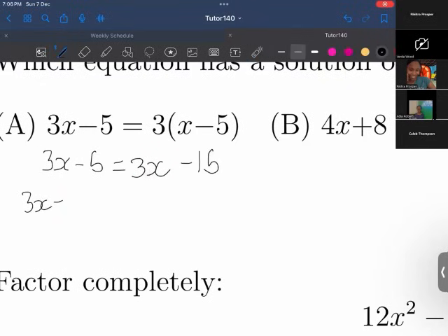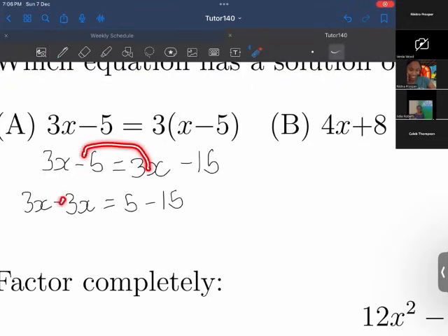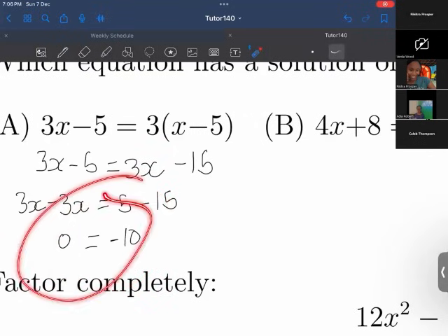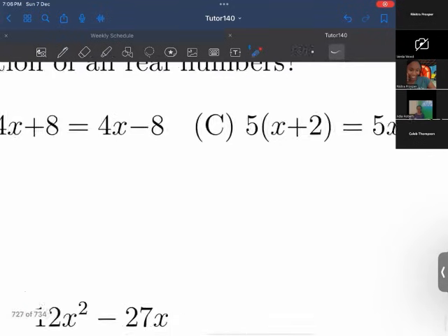That'd be 3x minus 3x is equal to, we want to send the 5 over. So when we send the 5 over, it'll be positive. So that'd be positive 5 minus 15. We sent this over, it became a negative, and then we sent the 5 over, it became positive. So we have 0 is equal to negative 10. This wouldn't be our answer. When you have something like this, it has no solution. We want 0 is equal to 0. So let's